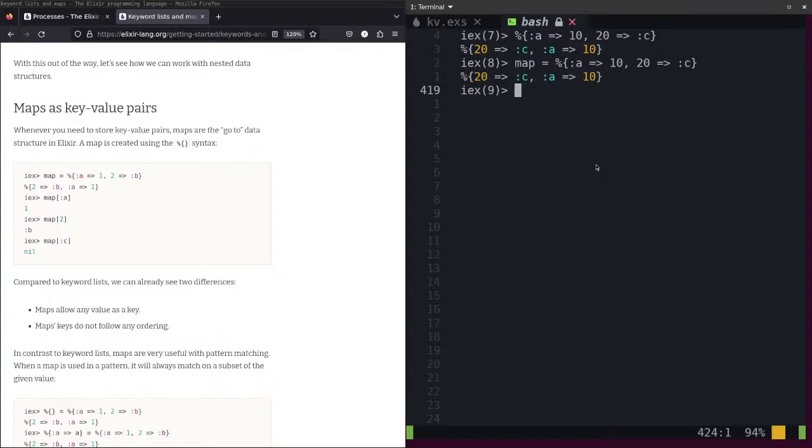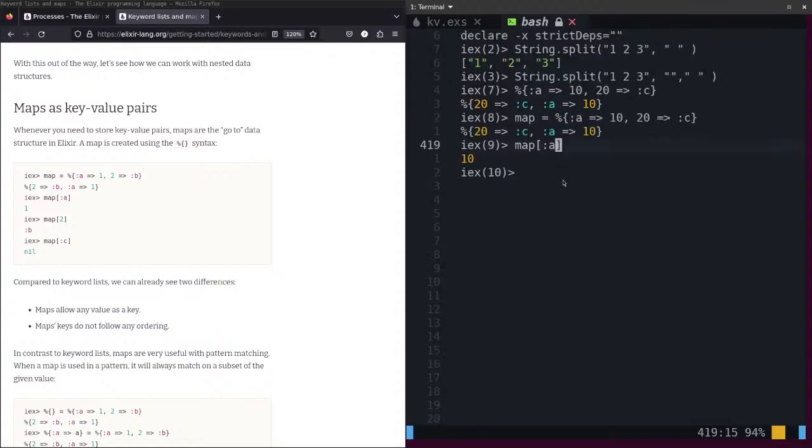Maps. Okay. Should I get map A? Okay. It returns the value because I get the key. I get the key here and it returns the value. Okay.